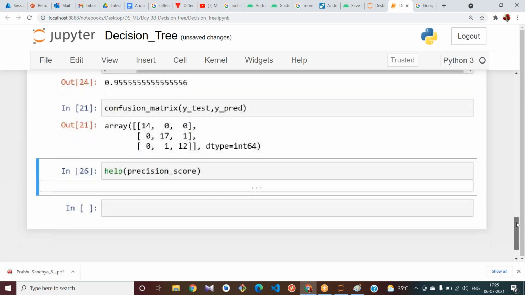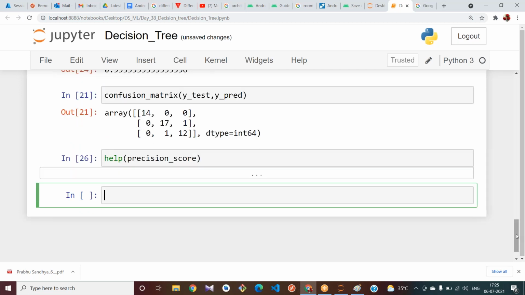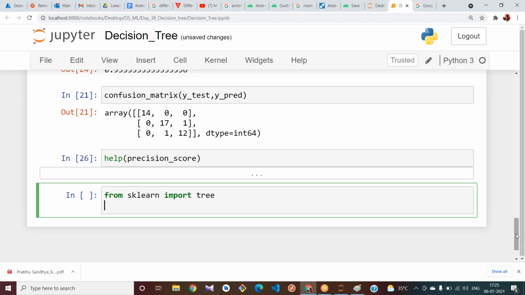Okay, let us see what the most important one is, the tree. We can plot the tree here. Let us plot the tree first. From sklearn import tree.